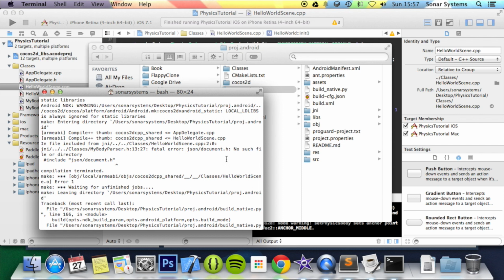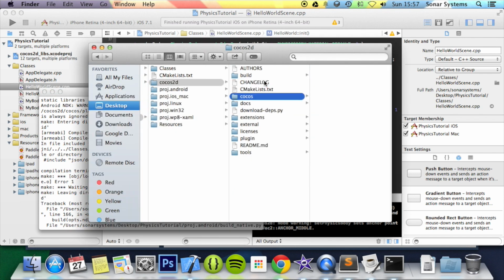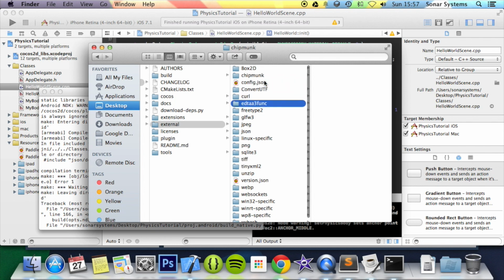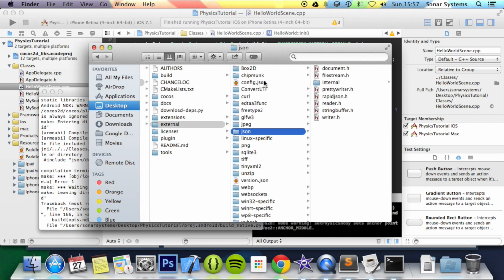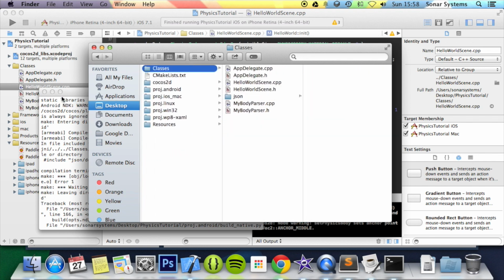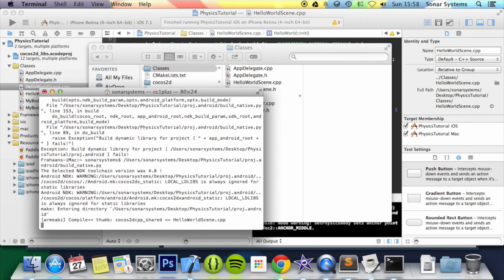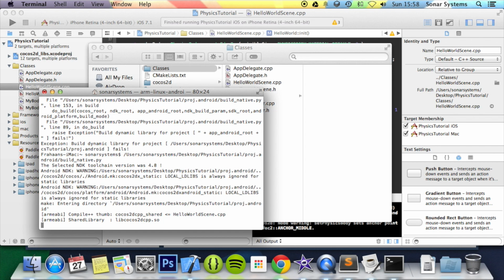Luckily they are available in the Cocos2d external folder. So if you go to Cocos2d, go to external, the folder right here called JSON, and we need to copy and paste the JSON folder into the classic folder like so. We don't need to add it to the physics, our project right here, because iOS is fine with it. But now if we build this project again,